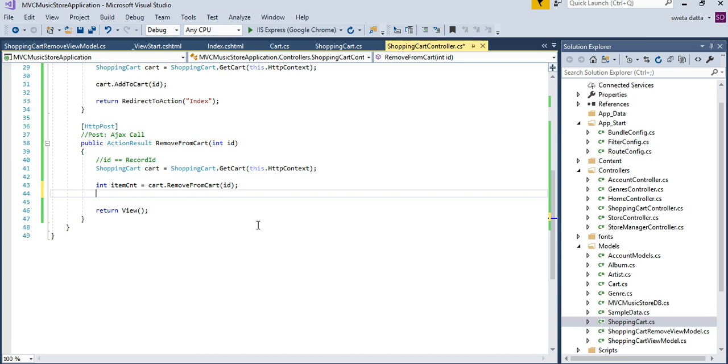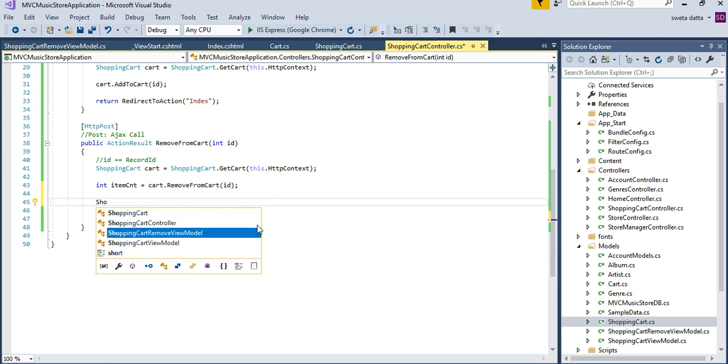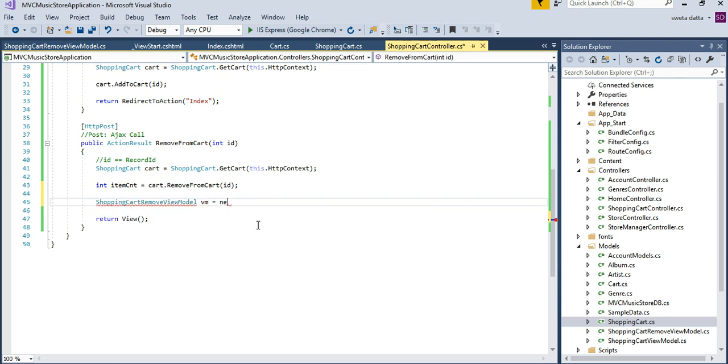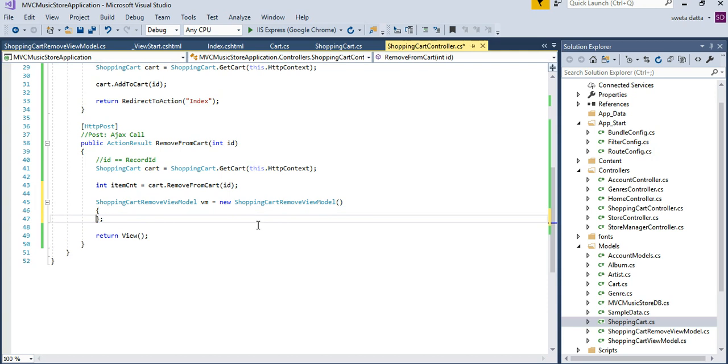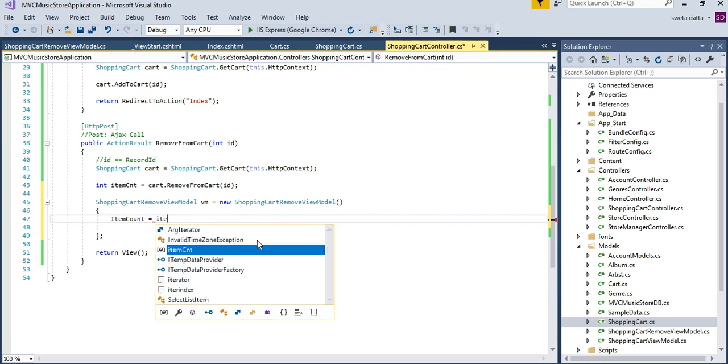Now what do I have to do? I have to construct my view model and send it to my view. That's what I'm going to do. So I'm going to construct my view model. So which means shopping cart remove view model. Shopping cart remove view model. And then I'm going to be defining all the elements here. So what are my properties? Item count. That's going to be equal to